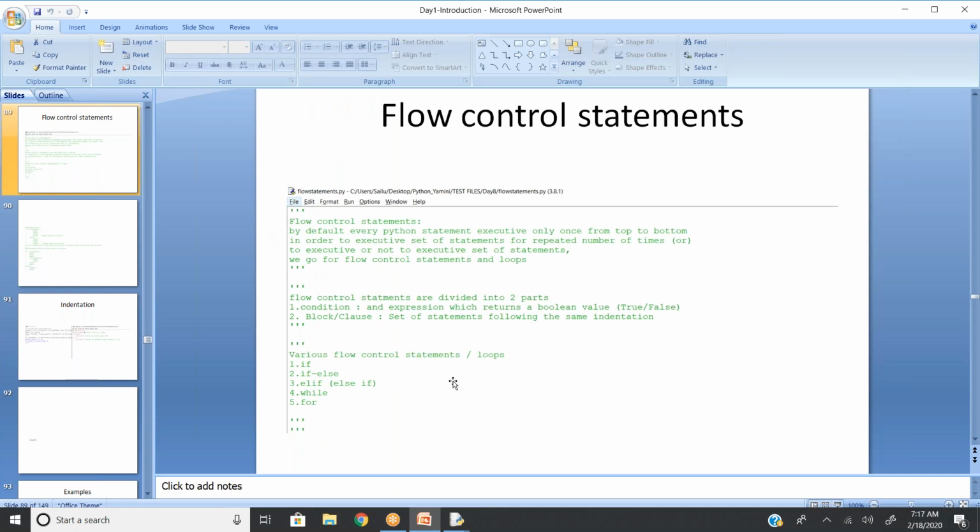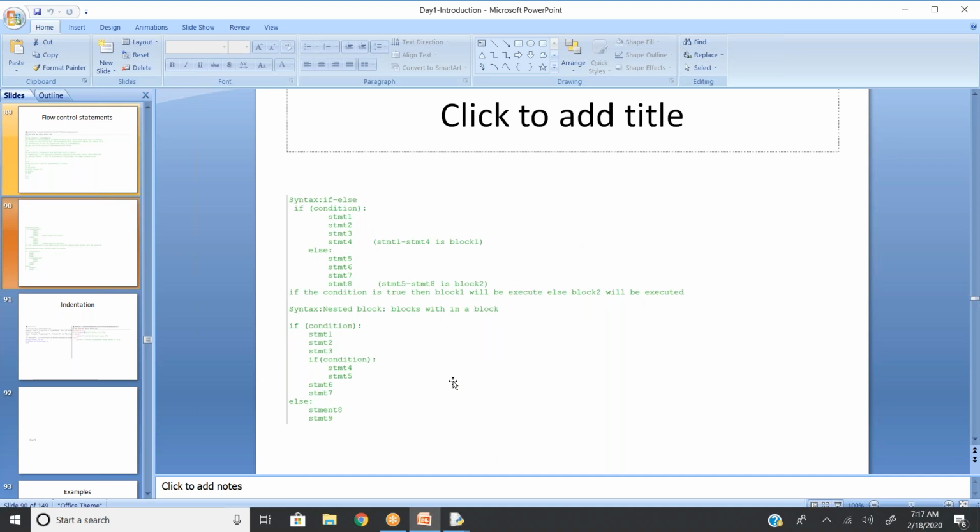The various flow statements we have are the if statement, if else statement, else if statement, while statement, and for statement. These are the different types of control statements we have in Python. It doesn't mean there are only these; there are many more. We'll discuss step by step.